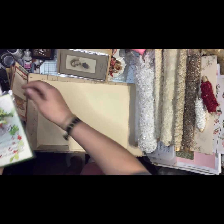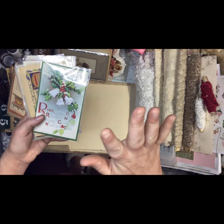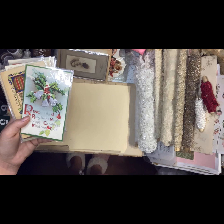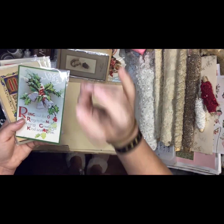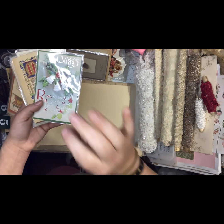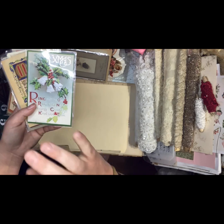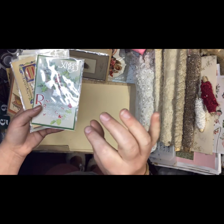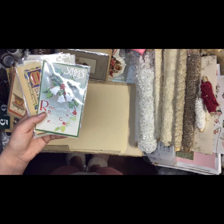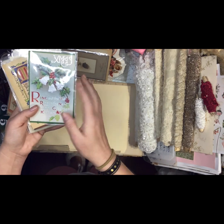Rosa. I am a sucker when it comes to Christmas. I am a sucker for poinsettias. I love mistletoe. I love holly even more, but more so, I love putting poinsettias, mistletoe, and bells. Bells to me, I don't know why, but that to me is one of the most iconic symbols of the holidays. It's something that I gravitate towards during the holidays,